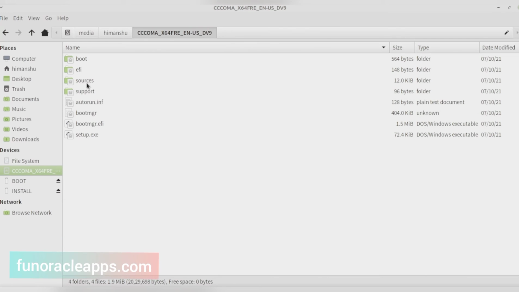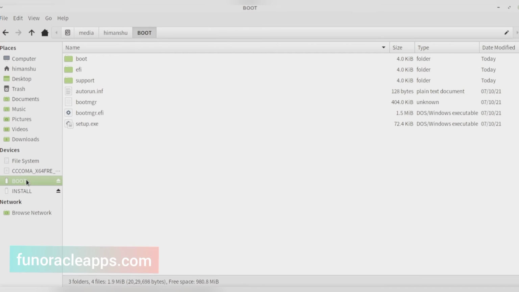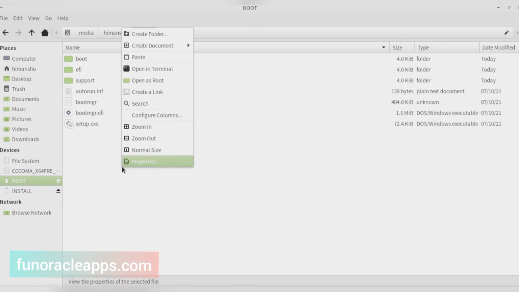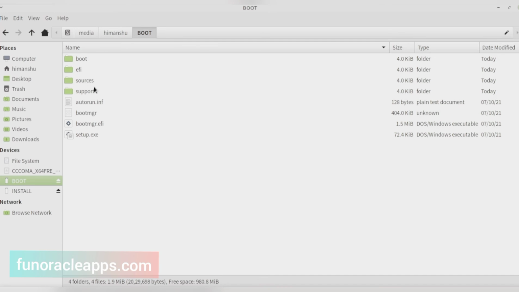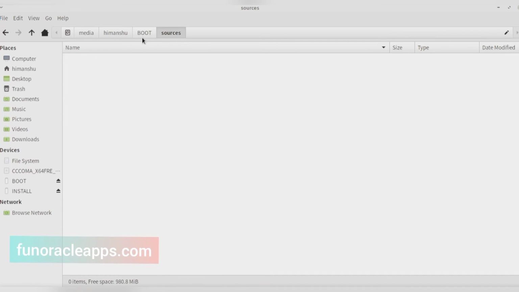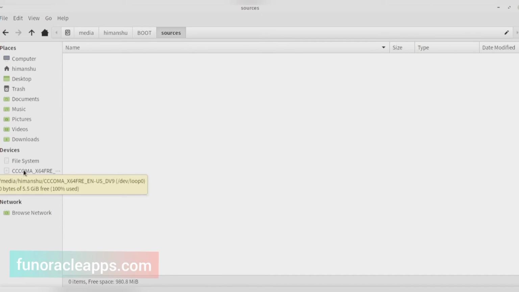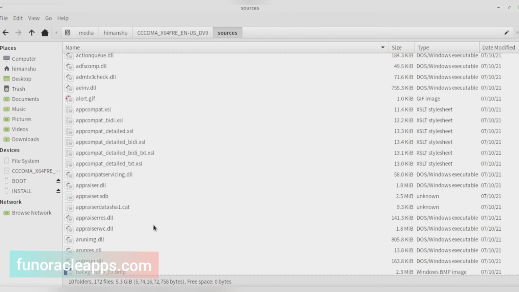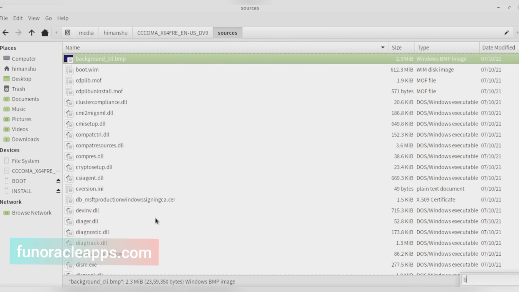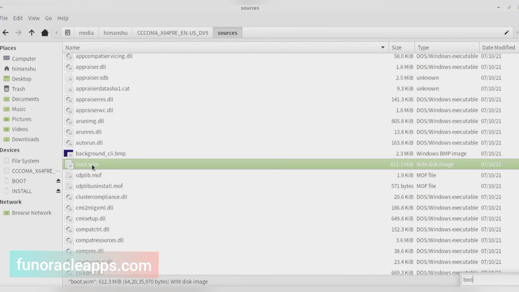Now if you see, there is one more folder, sources, which we have not copied. So go to the boot and create a folder called sources. Make sure the spelling and the case are the same, sources. It's empty here. So what we will copy into sources: go to the ISO extract, and in its sources there is a file called boot.wim.